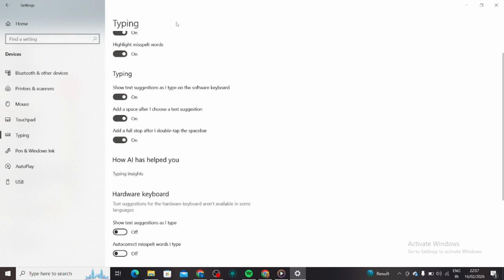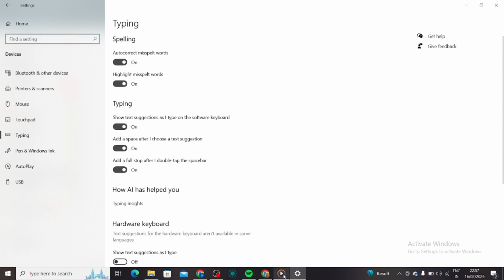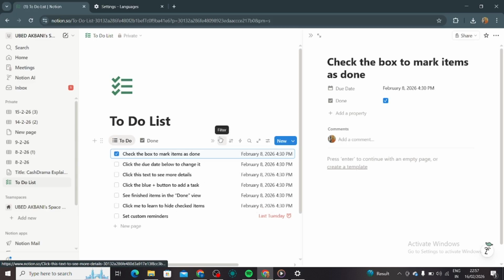If you want more advanced grammar and spelling suggestions, you can install the Grammarly extension in your browser. It works perfectly inside Notion and gives real-time suggestions for grammar, clarity, and tone. That's it. Notion relies on your browser or system spell check settings, so once those are enabled, spell check will